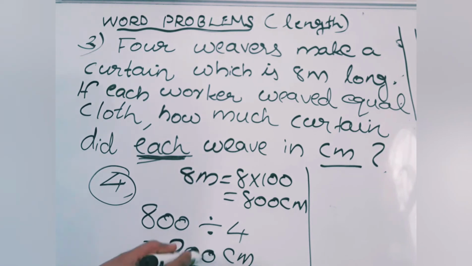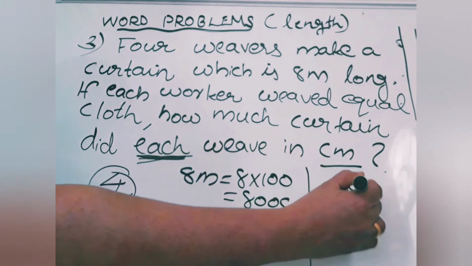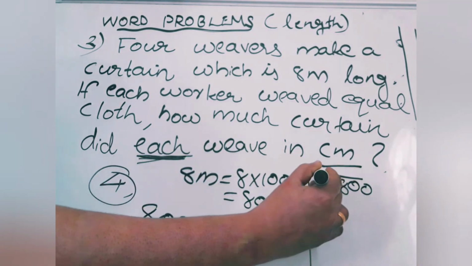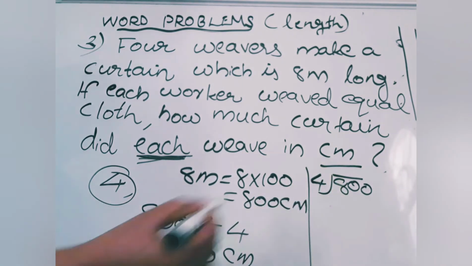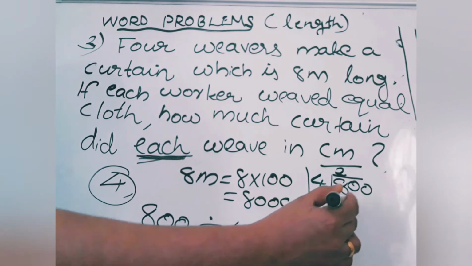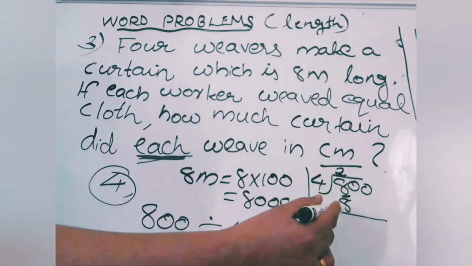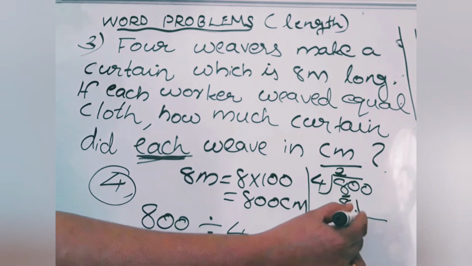Let us find it using long division also, because some children don't know how to do it in the mind. So you have to do the long division method. 800 divided by 4. We have to take the first number. 4 2s are 8. You have to remember the 4 table. 8 minus 8 is 0. Bring down 0.